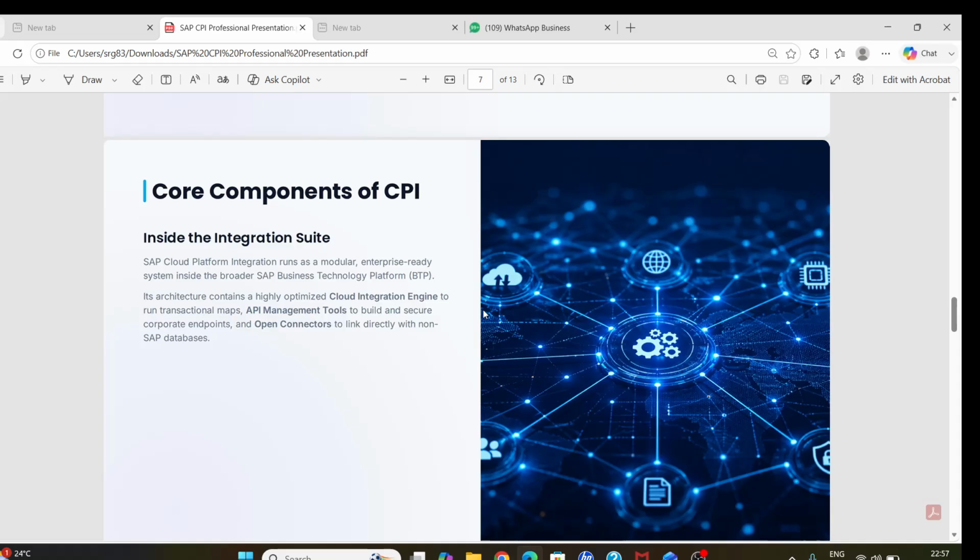And third is open connectors, which are pre-configured hooks that let developers link instantly to 170 plus external applications like AWS and ServiceNow without needing complex API documentation.